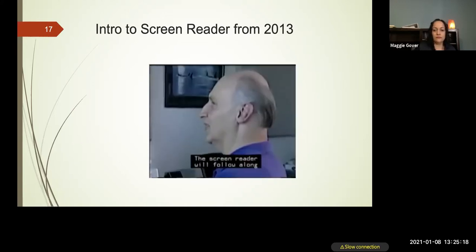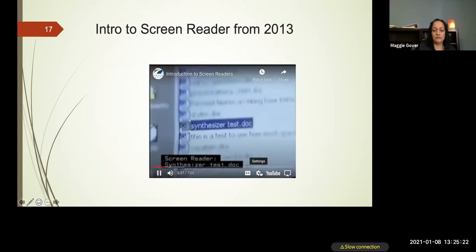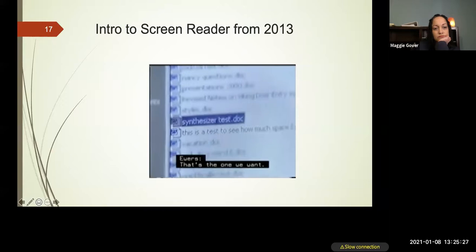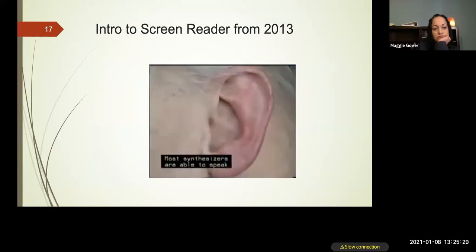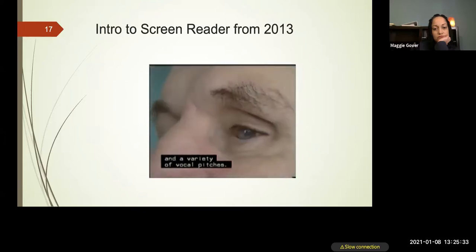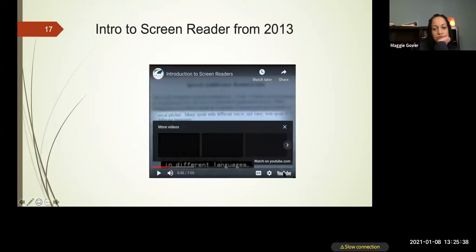The screen reader will follow along and say exactly what I'm doing. Synthesizer test. That's the one we want. Most synthesizers are able to speak with a variety of speech rates and a variety of vocal pitches. Many speak with different voices, and some even speak in different